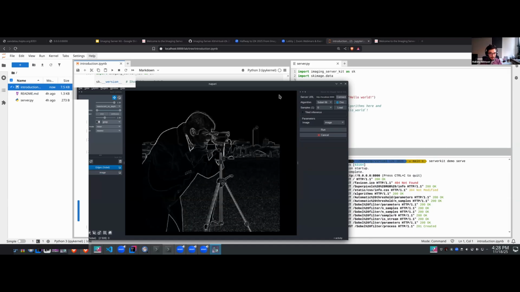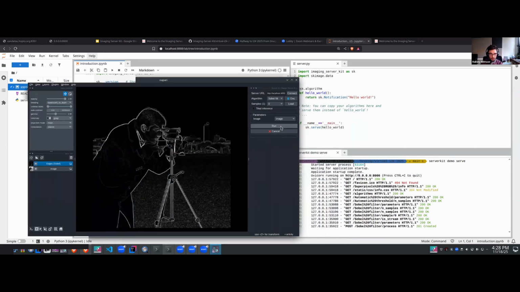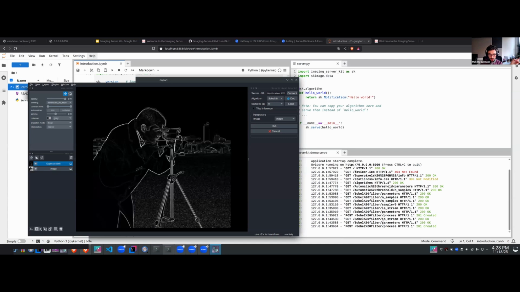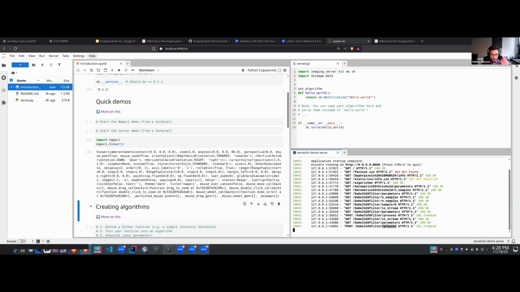Yeah, so but the main difference here is that now the processing is done via the server. So you can see that each time when I press run, I get some output in the server here. So we're accessing the /process route and things like that. So there is a communication. The data is sent to the server, and then the results are retrieved from the server. All of this in that way. So this is working in Napari, but typically